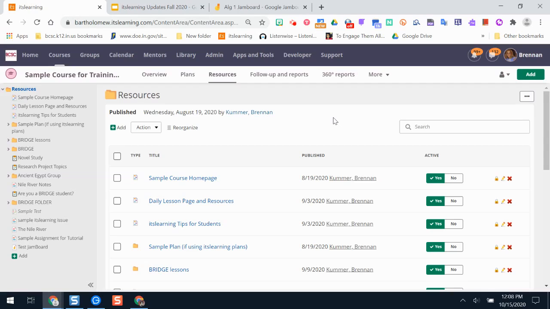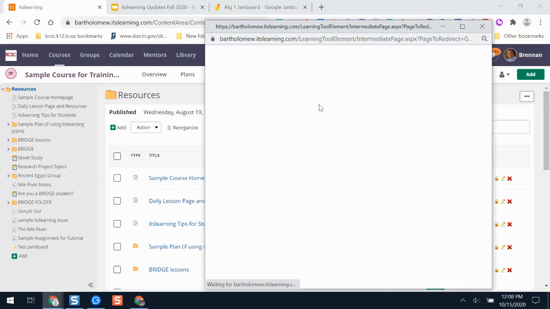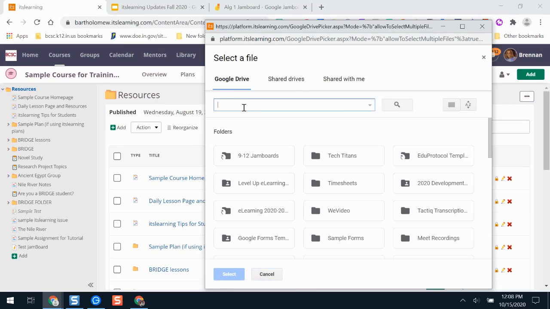On itslearning, you have a couple of ways that you can use this new Jamboard integration feature. The simple way is you can just give students access to a Jamboard really quickly. You can now add Jamboards from your Google Drive using the add button here. So if I click add and I go to Google Drive, if it's one of my most recent files, it might be here. Otherwise, I can search in my Google Drive,